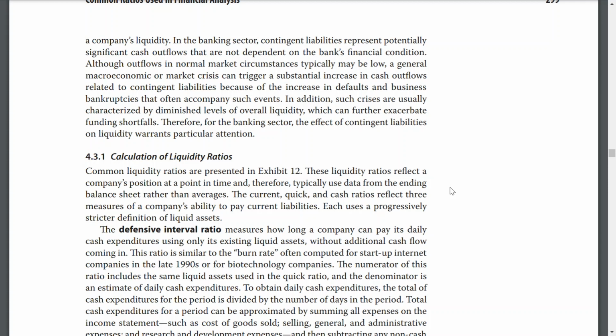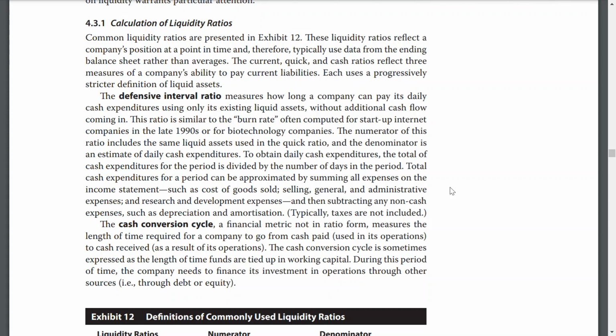The defensive interval ratio measures how long a company can pay its daily cash expenditures using only its existing liquid assets without additional cash flows coming in. The ratio is similar to the burn rate, often computed for start-up internet companies in the late 1990s. For the ratio, the numerator can include the same liquid assets used in the quick ratio, and the denominator is the cash expenditures for a period divided by the number of days in the period. Total cash expenditures for the period can approximate